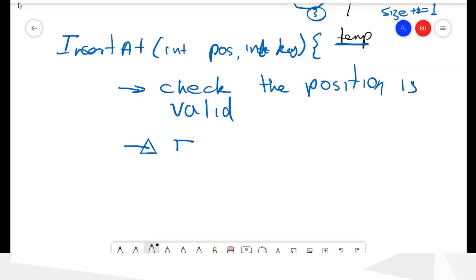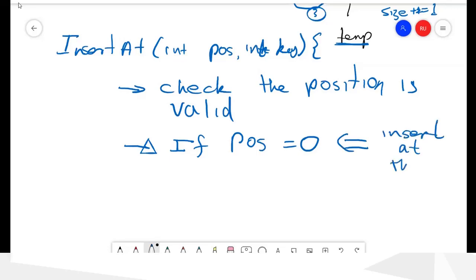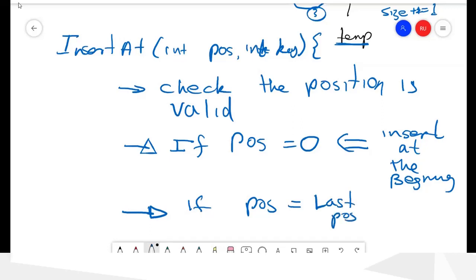There are three conditions. If position is equal to 0, this is insert at the beginning. If position is the last position, this means we can use insert at end.